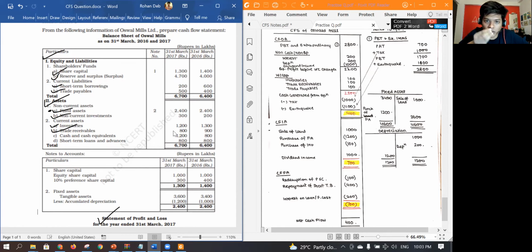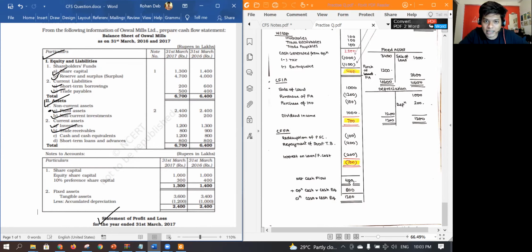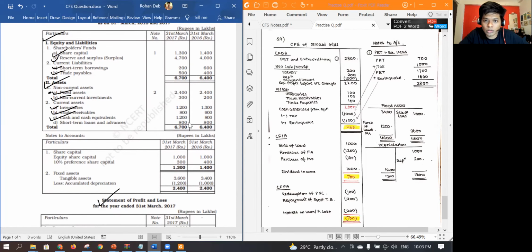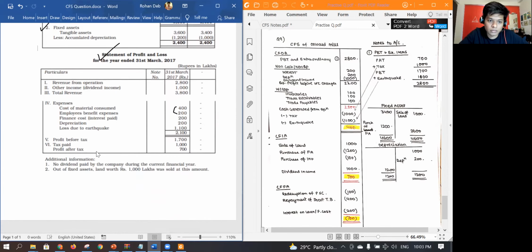Cash and cash equivalent, that is the entire thing that we are checking, so nothing to be done for cash and cash equivalent. Short term loans and advances, no change. So this is also done, this is also done, and we ultimately have finished the entire cash flow. Okay,